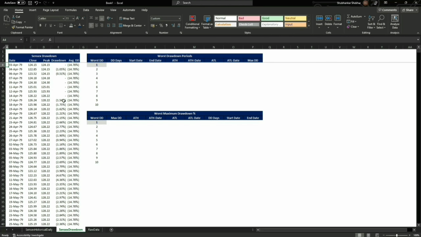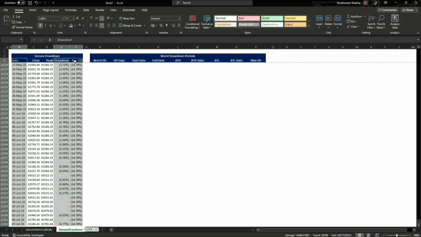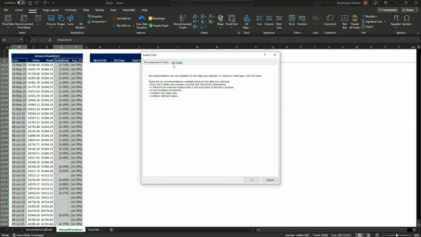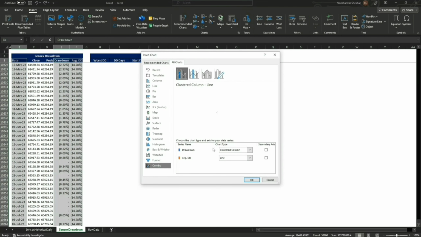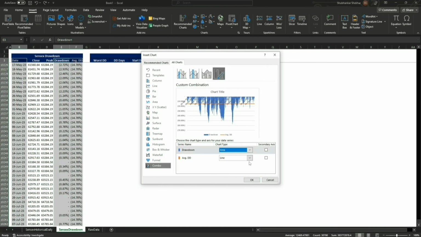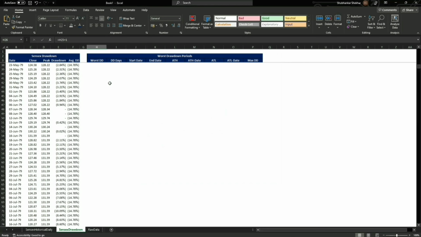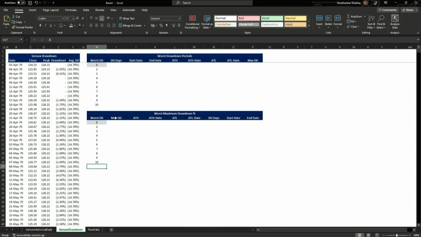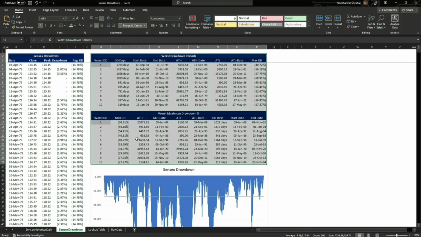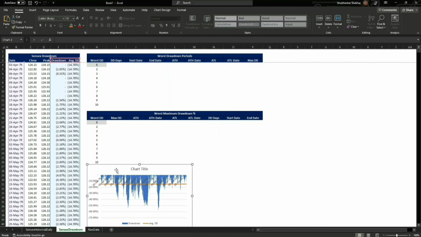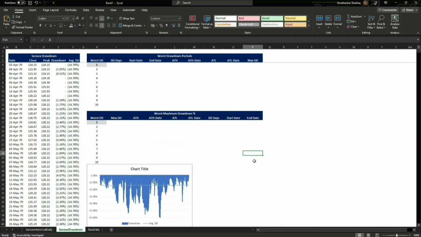Okay, now we are going to include a chart here, right? We are going for combo, and here we are going to select area chart, right? And again, to save some time, what we will be doing is simply copying the formats from here, right?